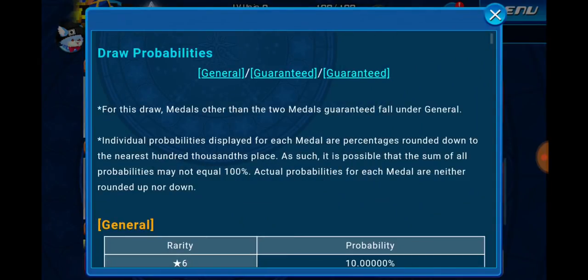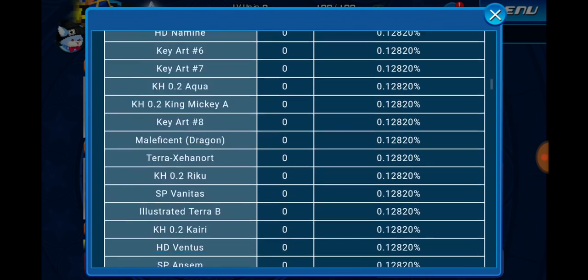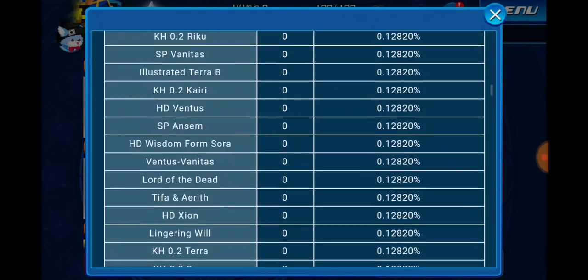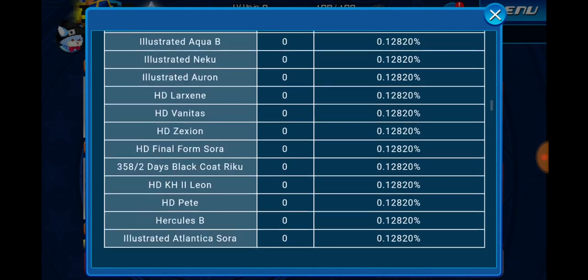So looking at this, you're guaranteed at least one of these medals. So look at the probability here in percentages. That's out of 100%. So as you can see, you're kind of going to get just a random medal out of all of those. And the ones that you're hoping for, you probably won't get. But it's worth drawing just because